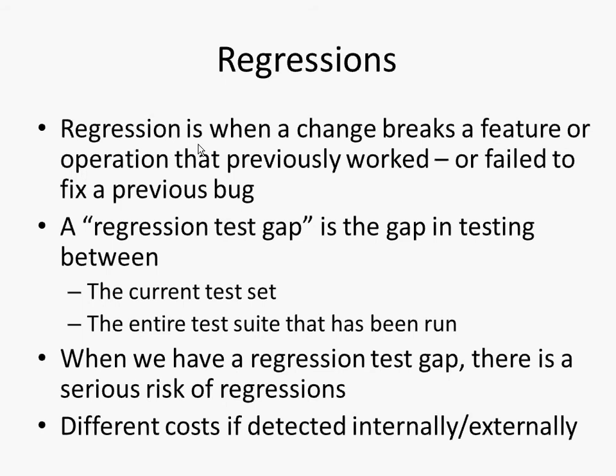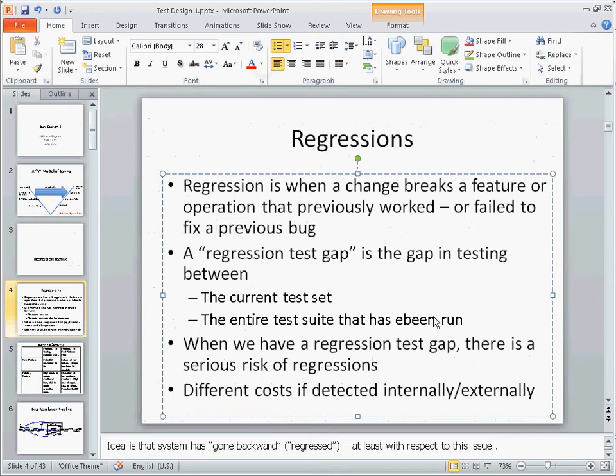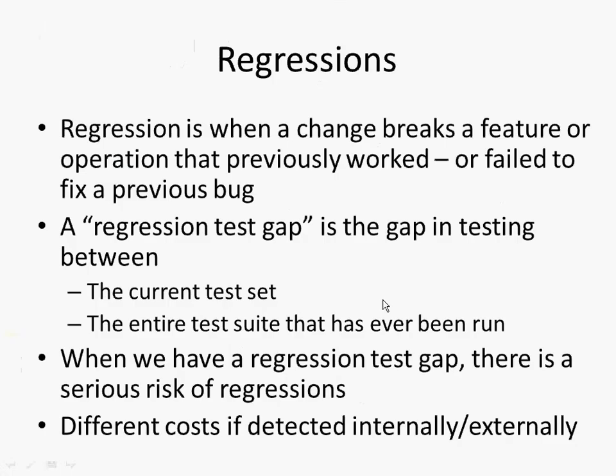And so in those cases, we talk about a regression test gap. It's kind of a window of vulnerability because we're not able to run all the tests we really should have. The entire test suite that's ever been run. We'd like to be able to test against that, but sometimes we're not able to. Sometimes we're just able to test a current, smaller set of tests, and then there's a vulnerability. Okay,